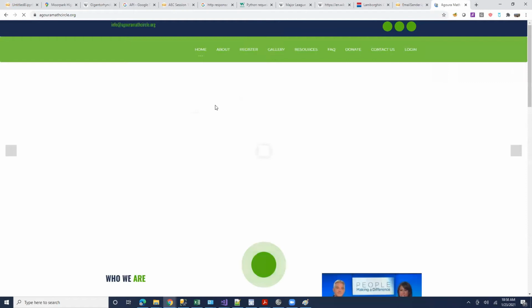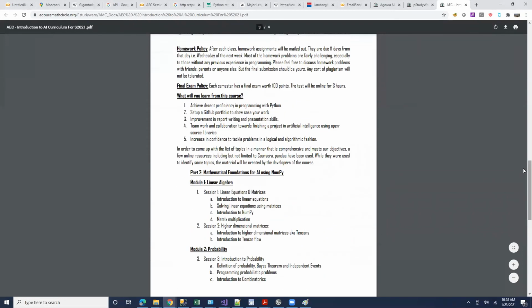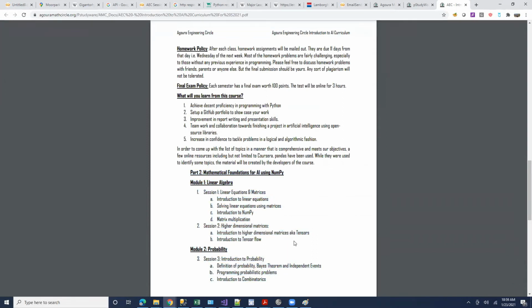As I said, we had 4 parts. I don't know if your screen share is updating, but yeah, there you go. So I was logging in. This is a 4-part plan that we had originally. The first part was learning Python, which we missed in the last class of the first part, so we are covering it here.